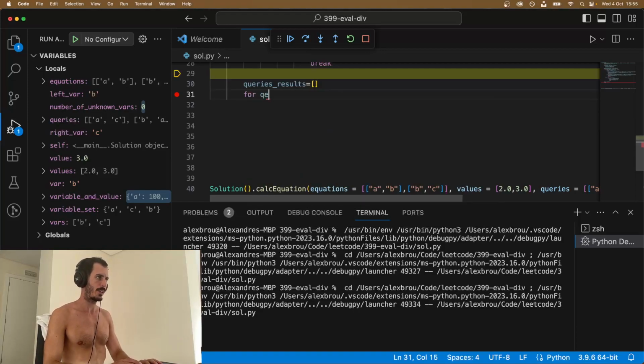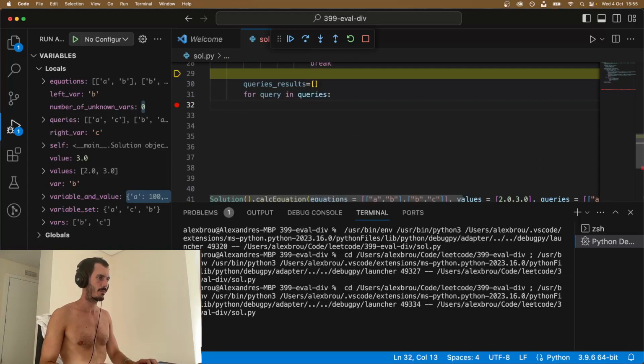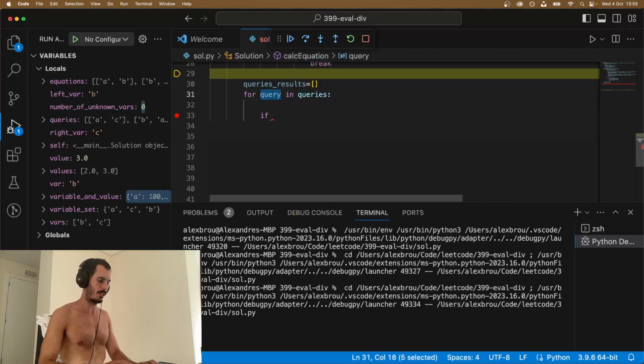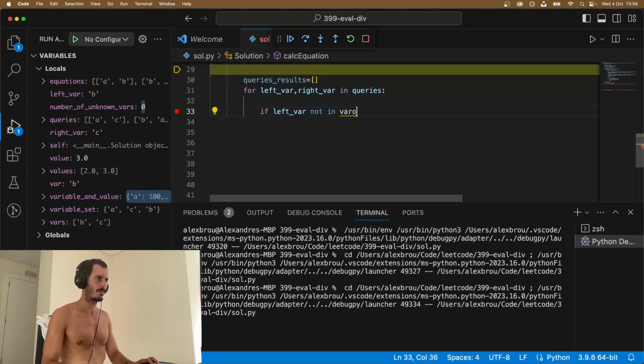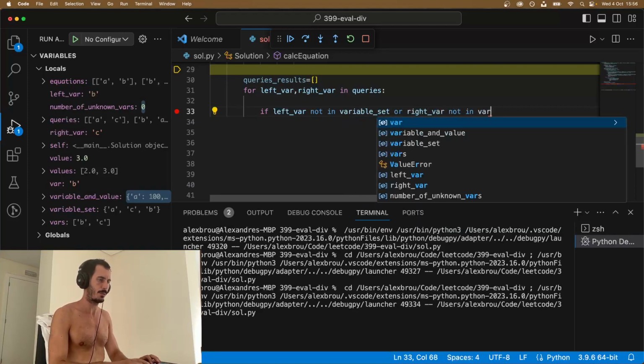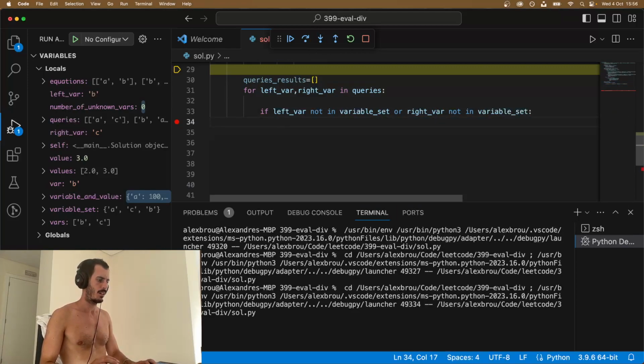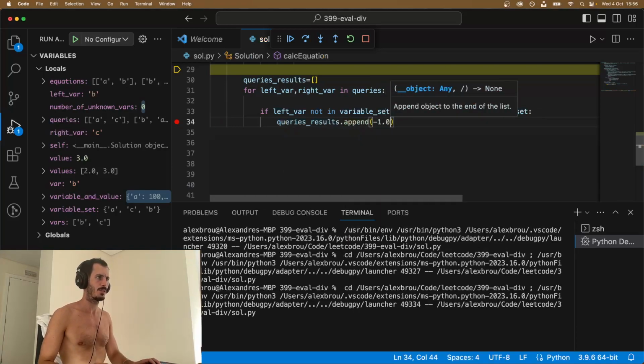So for query in queries, if the left var and right var, if left var not in variable set, or right var not in variable set, query results dot append minus 1.0,